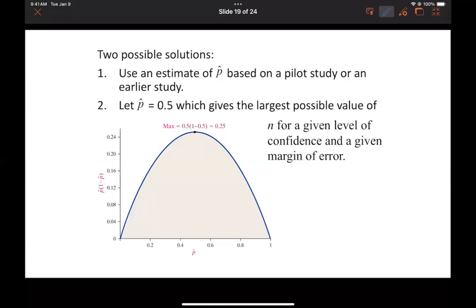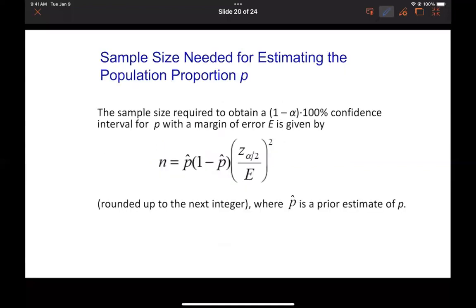So let's math this out. This is our formula once again, where p hat is our prior estimate. Now, important here. This is the important piece on this page. I can't have a sample size of 165.8. I just can't. I can't ask 0.8 of a person. If I got 161.8,